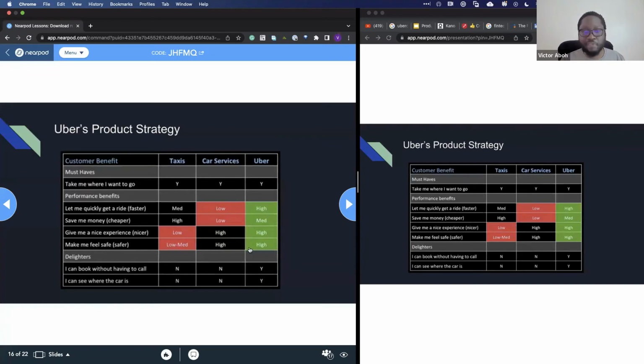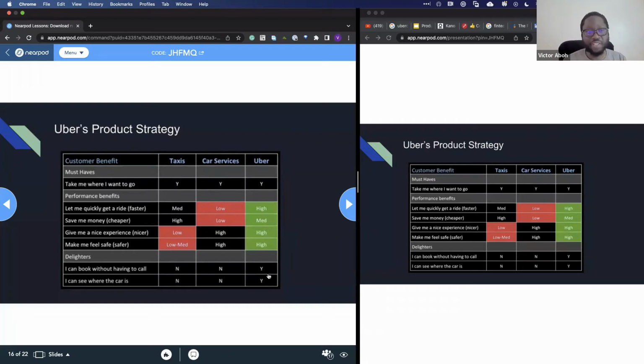And then the safe, they say taxis are not safe because it's public, all of that stuff, and then they're going to be safe. And then in your delighters, that's where they kind of change the game, right? Because now you can book with your phones and you don't have to call, you don't have to speak to anybody. You go on your phone and say, pick me at this place, and you can see where the car is. And so they basically were able to craft their own product strategy and then give this to a product